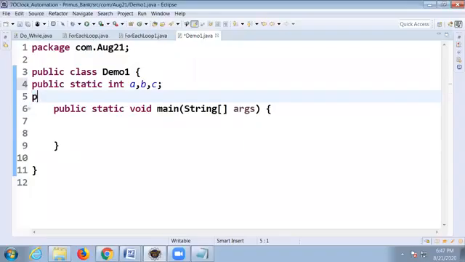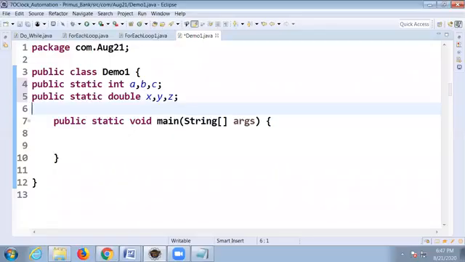Again, I'm declaring one more variable. Remember all of you, access modifiers are not mandatory, they're optional. Public static double x, y, z. Okay, now here I'm planning to write only static methods. So I'm writing one method: public static void